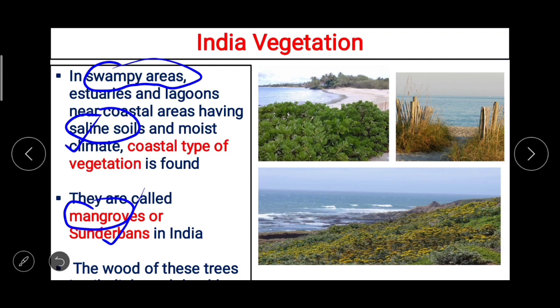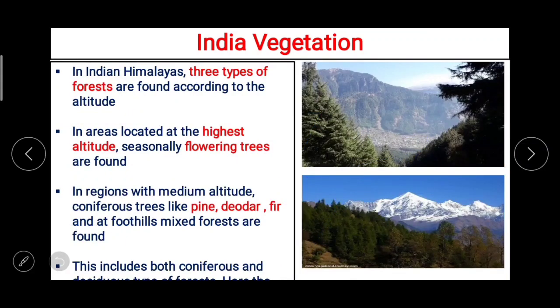And the wood of this tree is oily, light and durable. Here you can see swampy areas vegetation. Next thing, in Indian